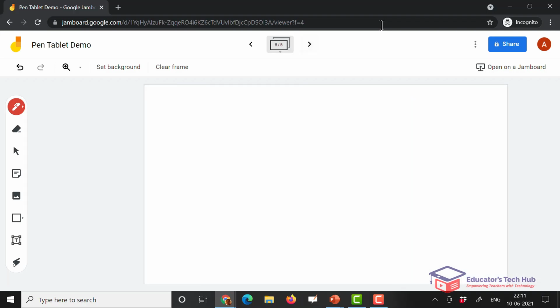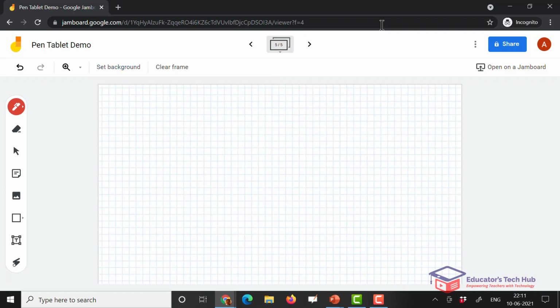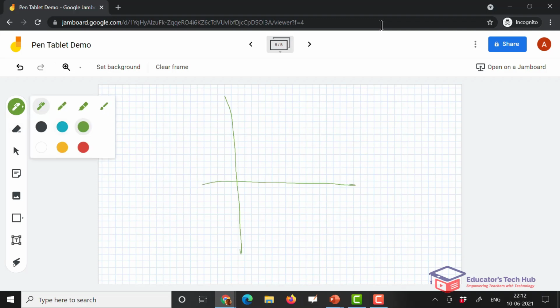You can also creatively utilize the backgrounds. So let's say I just want a square background, so I can have this. And now let's say I want to have some straight lines. Here it doesn't have a line option. I'll just simply pick a pen, choose a color, and maybe draw my straight lines. Right, and so on. So you can do different things here.